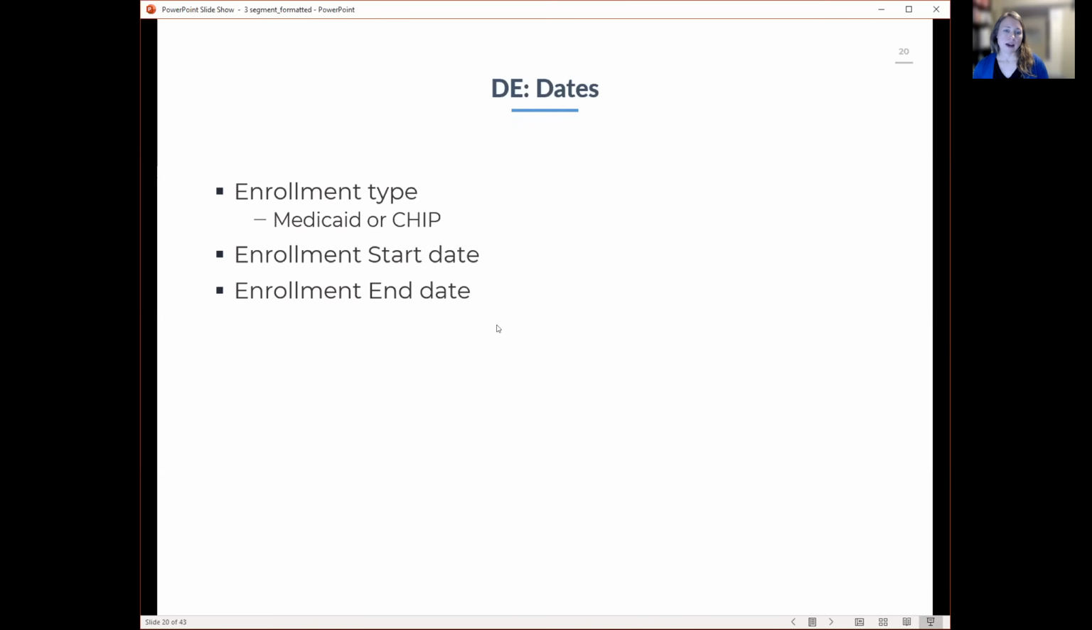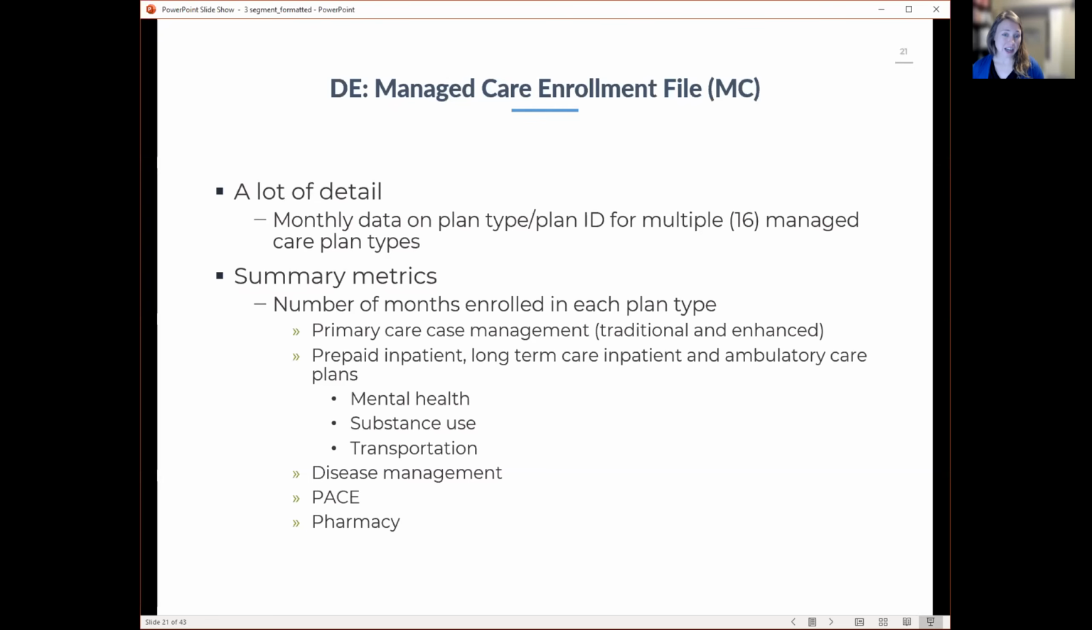So on the base file, you have information about the days enrolled in the month, but if you want specific dates, then you can use the dates file. The managed care enrollment file has a lot of detail. I think you can have up to 16 managed care plan types. One individual could be enrolled in 16 different managed care plan types. I don't know how often that happens, but